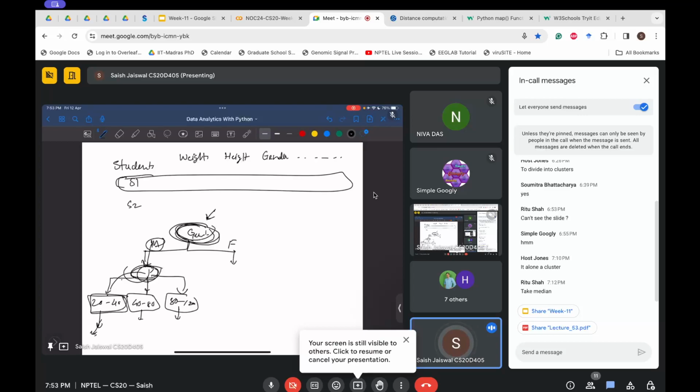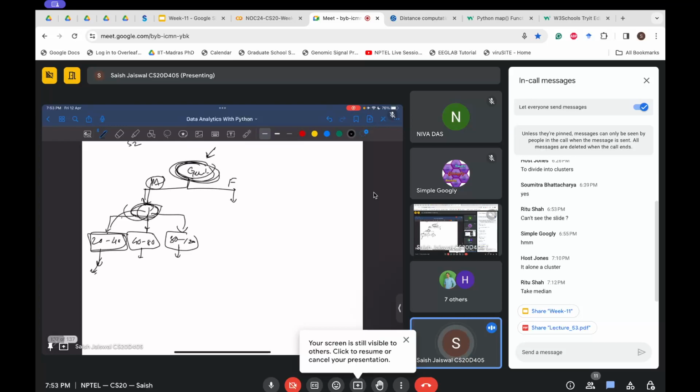So this so-and-so treatment can be given to this particular student with this gender, this height, and this weight. One thing is we are making a decision, but indirectly we are also trying to do something over here, that is we are trying to cluster the students. So all the males will be clustered separately, all the females will be clustered separately. Okay,